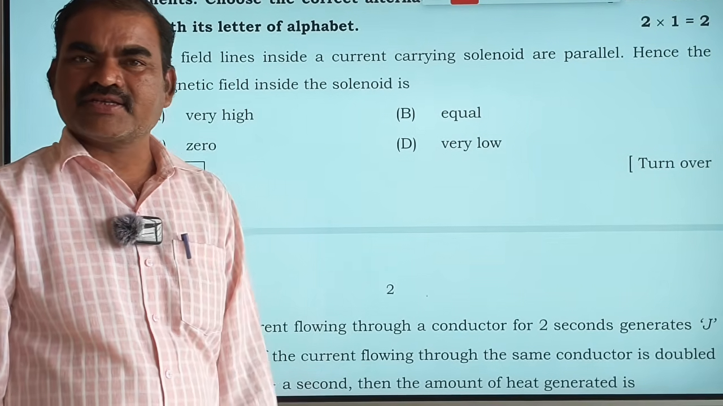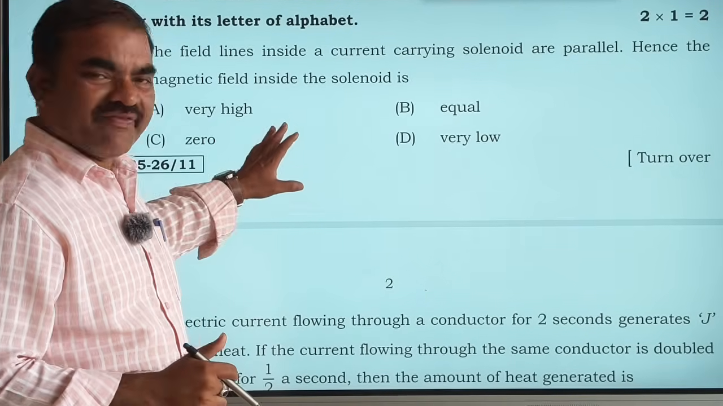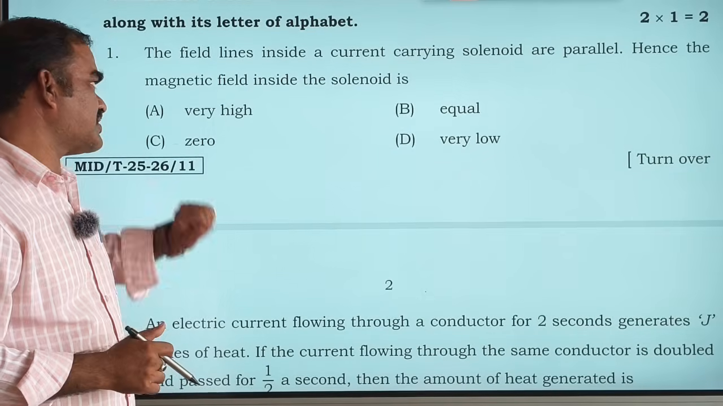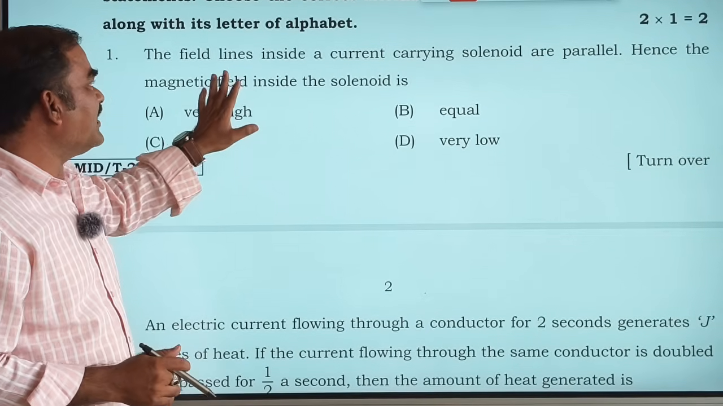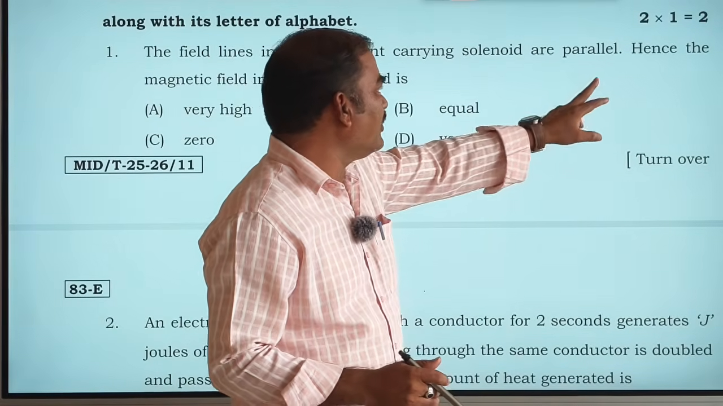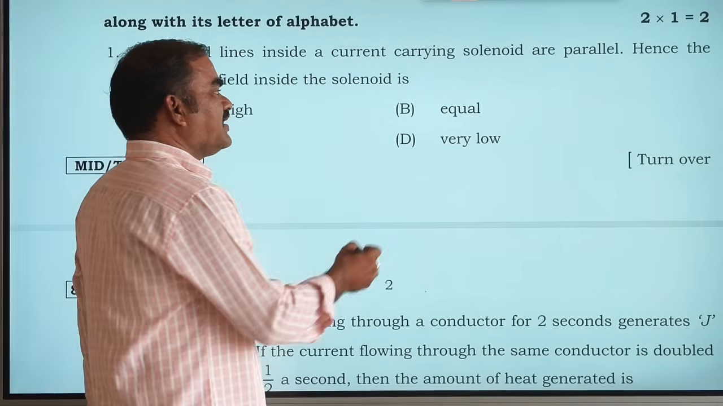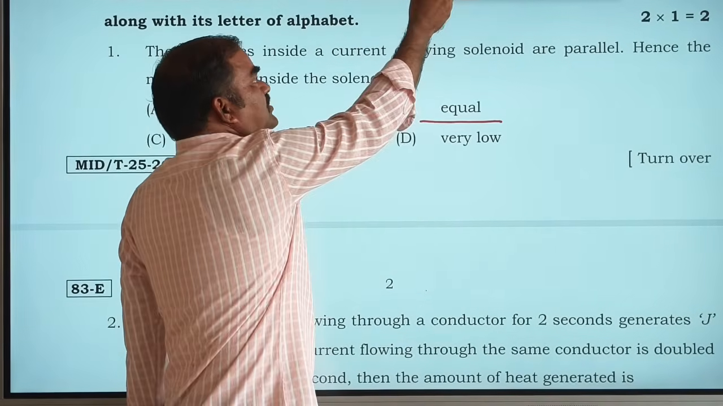Yes, let us discuss the science 10th class SA1 question paper, the physics part. So in this, the field lines inside a current carrying solenoid are parallel, hence the magnetic field inside a solenoid is equal everywhere. Coming to the second one,